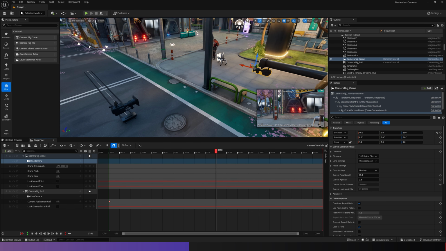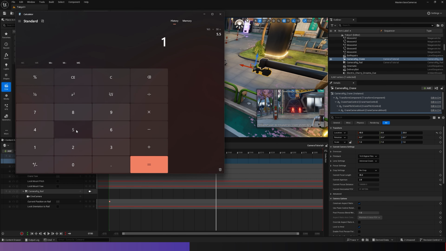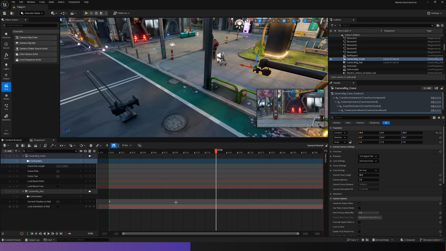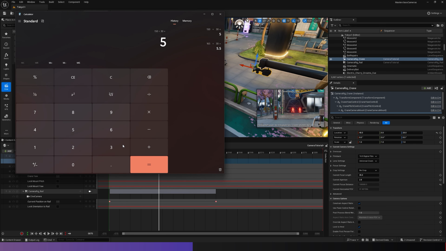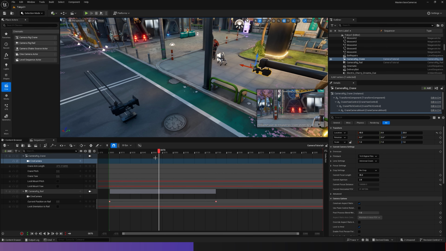however many seconds that is. Again, I could do the maths. I could do 150 divided by 30, so that's 5 seconds. Could add in another keyframe. So I want it, between 0 seconds and 5 seconds, to basically return to the same value, and then around 2.5 seconds in, so that would be 75. So once we get to frame 75, which is here, I'm going to,